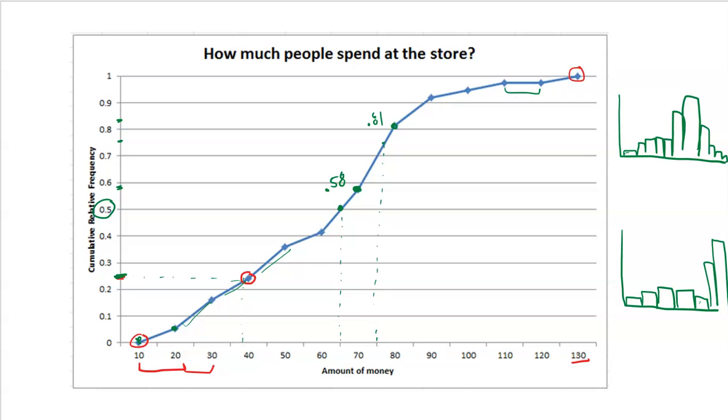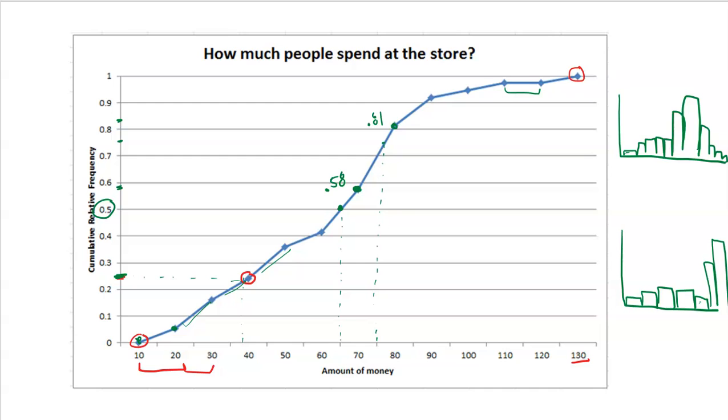So this graph to me looks maybe a little bit skewed left, but for the most part, it's actually kind of symmetric, where we see these two big proportions of intervals, two big chunks of data in the middle, 60, 70, 80, 90, and then on each side, it's less and less. It's actually somewhat symmetric. So you can get a nice feel for what the shape of the data is going to look like from this